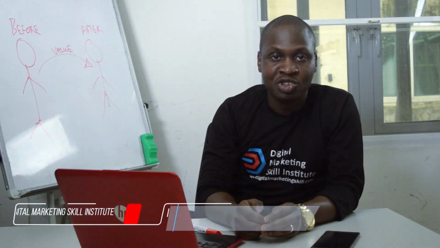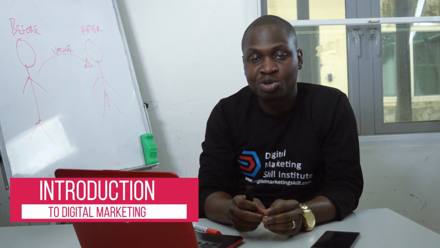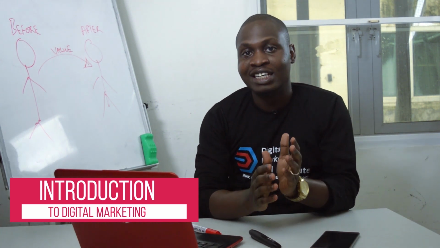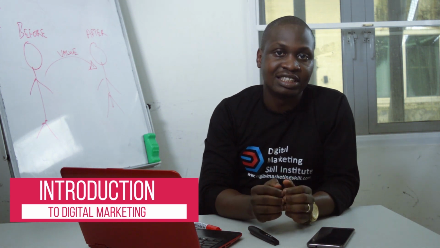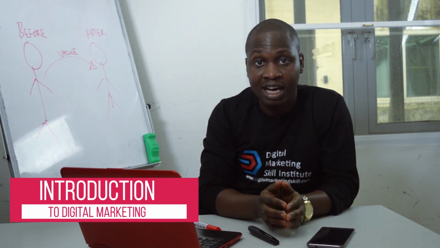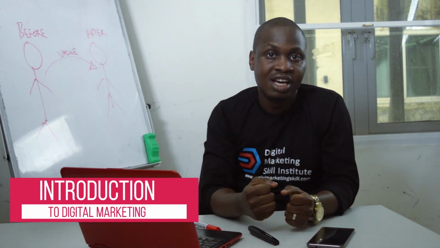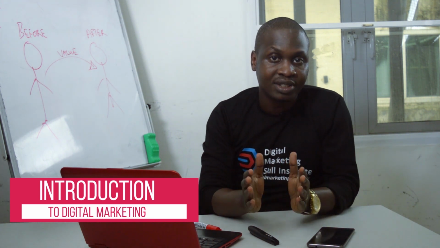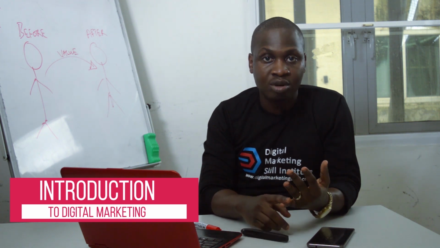Okay, so now let's look at the 5 principles that guide digital marketing success, right? And so the first principle basically is you need to have a strategic plan. So before you start a digital marketing campaign, you need to first of all define who your customers are. You need to have what we call the customer avatar in place. Understanding who your customers are, you need to also understand how you plan to attract those customers, and then how you're going to convert those customers. So you want to have an overall strategy on how the campaign is going to go, from the how to the what